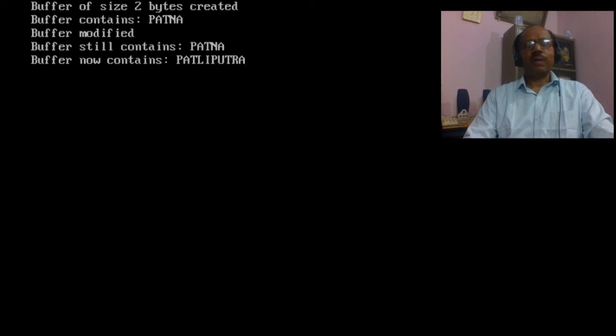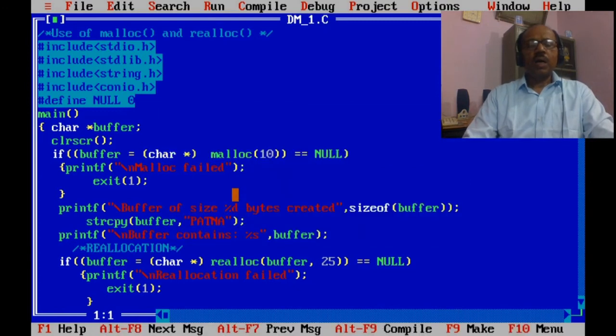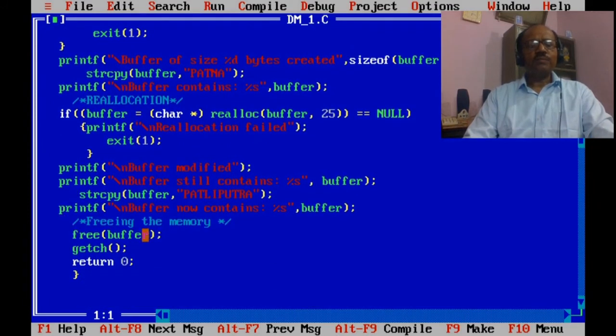Buffer now contains Patliputra. So you saw here how a buffer memory space is allocated during runtime using malloc. If required, that memory is changed using realloc, and after completion of the job we free the allocated memory using free. So this is the use of malloc, realloc and free.